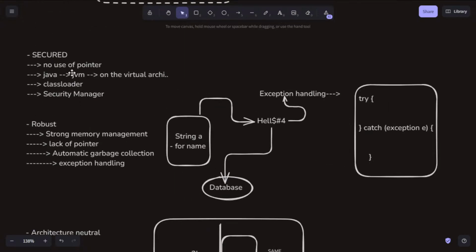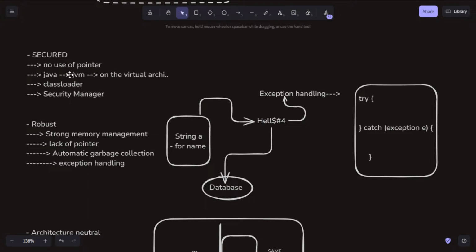Then we understand why Java is secure: there is no use of pointers. With no pointers, any hacking or miscellaneous activity is not going to be able to access or modify the memory, or check the basic memory from the heap.